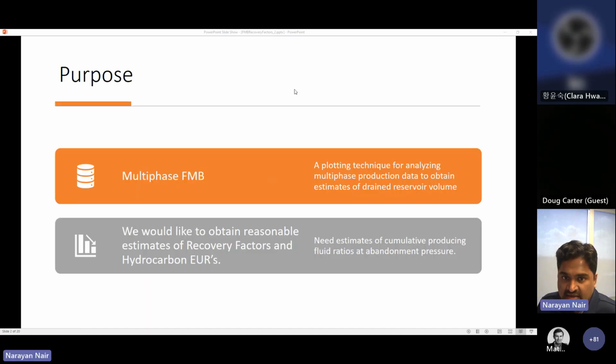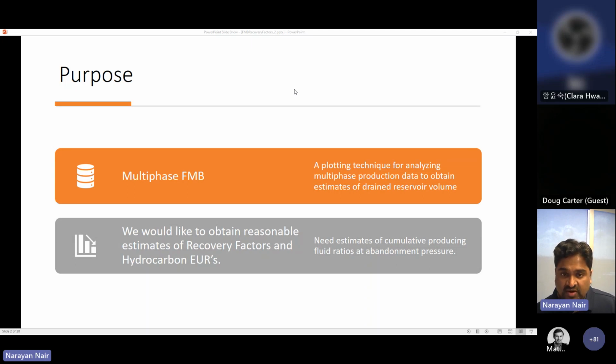So why do we need this? It is basically a complementary process for the multi-phase flowing material balance. As you saw in a presentation earlier from Devin, you have a tank, you interpreted an oil in place, you actually interpret a contacted pore volume that you convert to a contacted oil in place and a gas in place. Now, great, you have a tank size. Now you need to get to